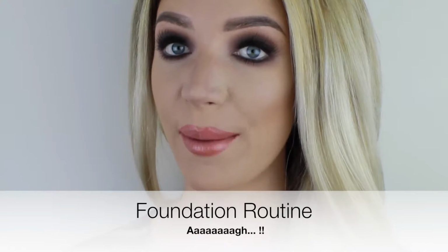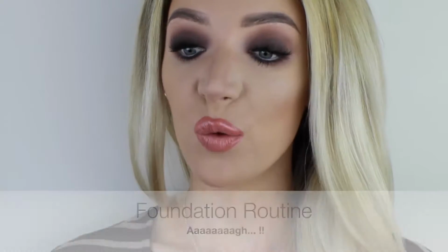Today I'm actually doing my foundation routine, which I thought I would never do because I really didn't want to go on camera on YouTube with no foundation on. I was that really awkward teenager that had braces and acne and fluffy hair, and while the acne went away, I've been left with really pink skin, which is partly due to my cool undertone, but mostly due to the fact that I had crazy pimples and acne when I was a teenager, and now my skin is just pink and blotchy and red